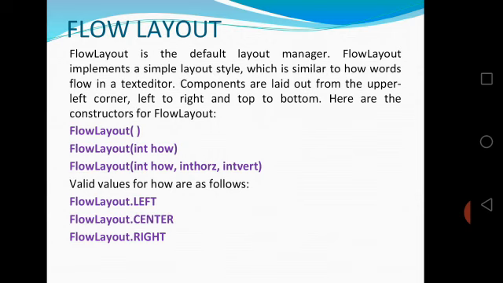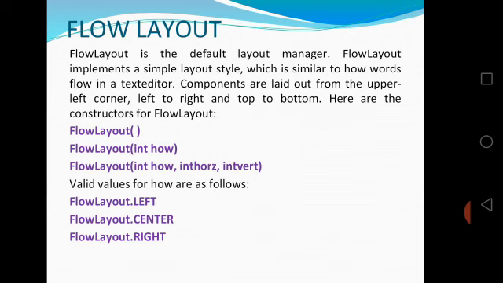The constructors of flow layout: there are three constructors. First one, the empty constructor FlowLayout, which just creates the flow layout manager. Next, FlowLayout(int how). The how parameter indicates the value left, center, right.